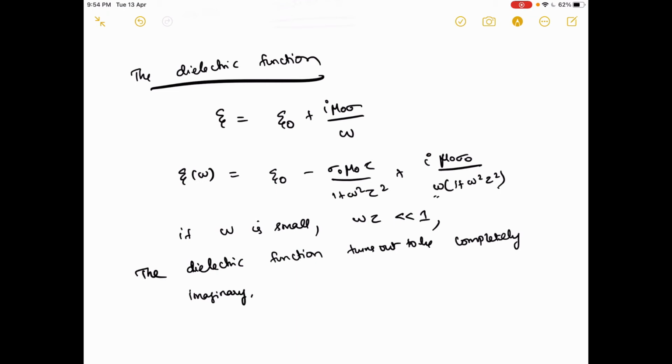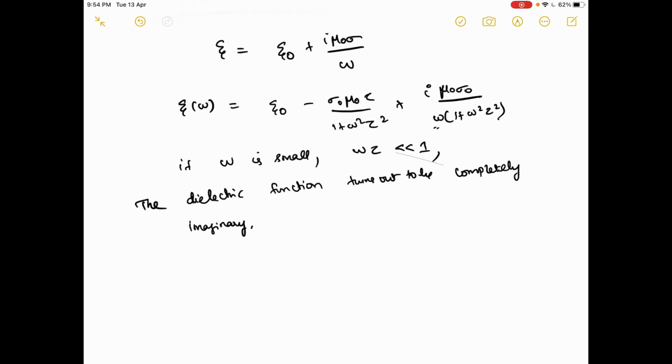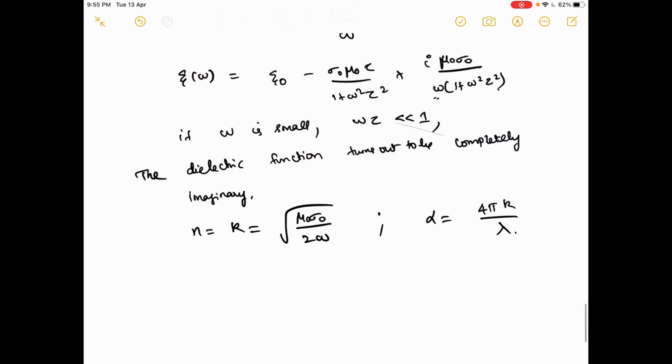So for metals at low frequency excitations, the dielectric function is completely imaginary, and under such situations, n equal to k will be the square root of mu naught sigma naught by 2 omega, and the absorption coefficient alpha will turn out to be 4 pi k by lambda. This is the constant thing, and you can substitute this to know what will be the attenuation constant, and it can be seen that the skin depth